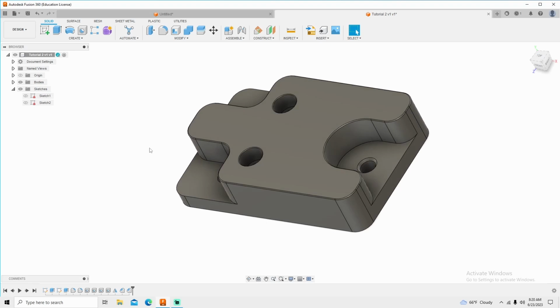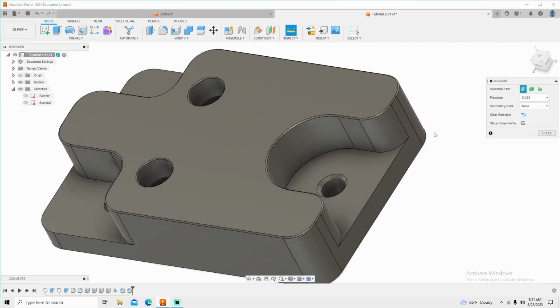One last thing I'm going to go over is, to me, a very important feature, and that is inspect. I have used this feature more times than I care to admit. Once you click on inspect, especially if you're getting a model from some other source, if you're not the creator of the model or the creator of the product, then you're going to use this feature a lot,